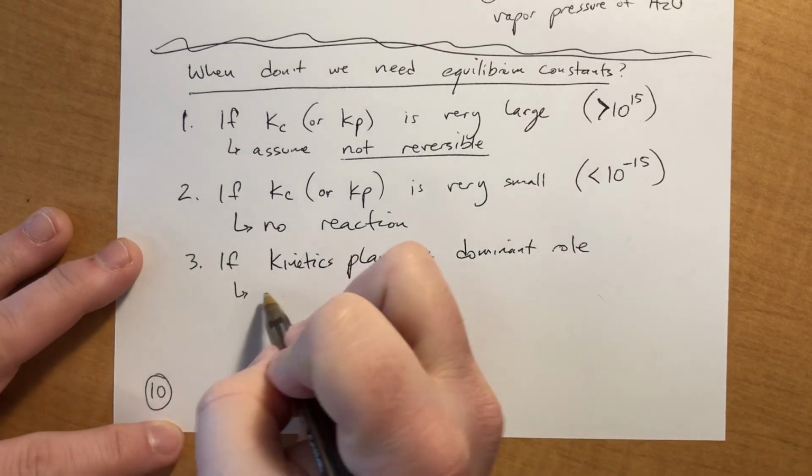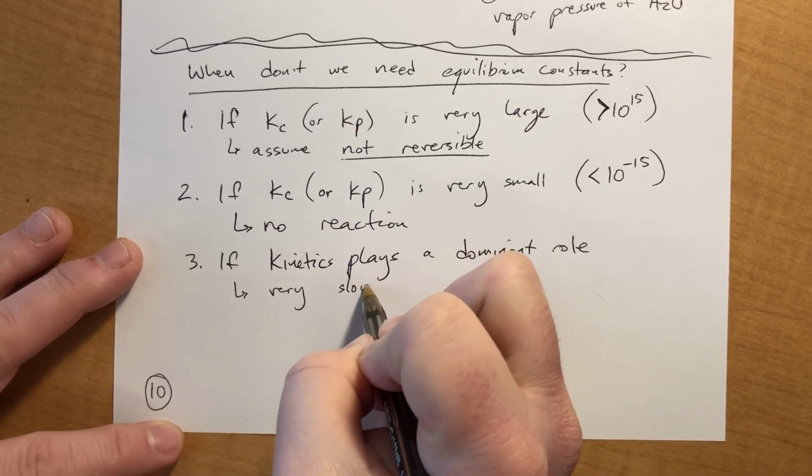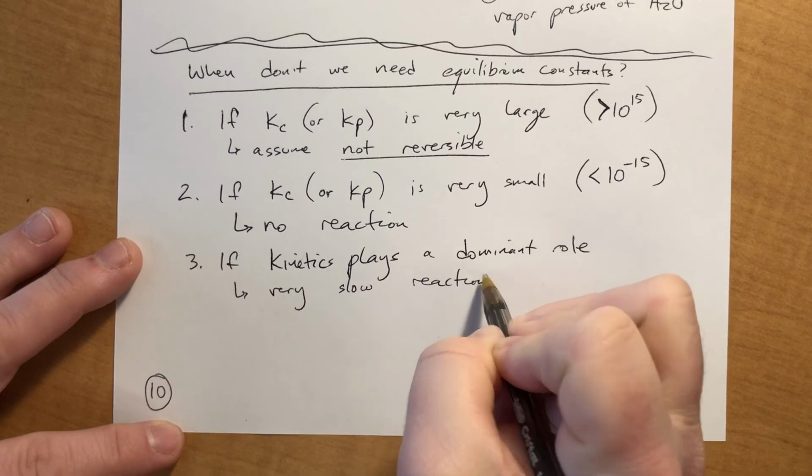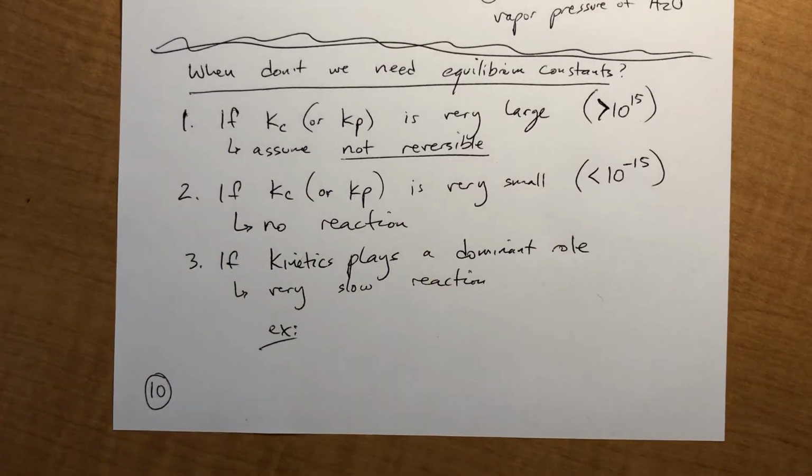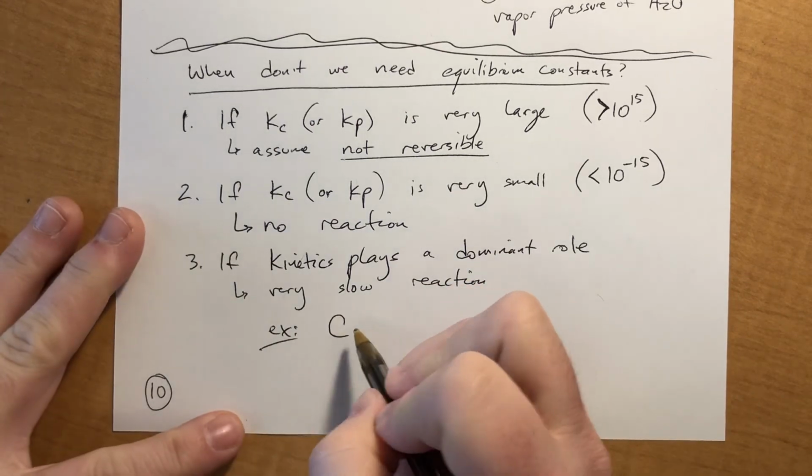So in other words, what we mean is it is a very slow reaction. So for example, if we just looked at the equilibrium, I don't actually know the equilibrium constant, we would say that